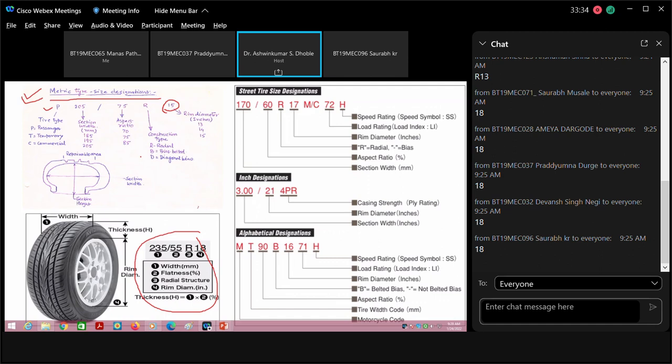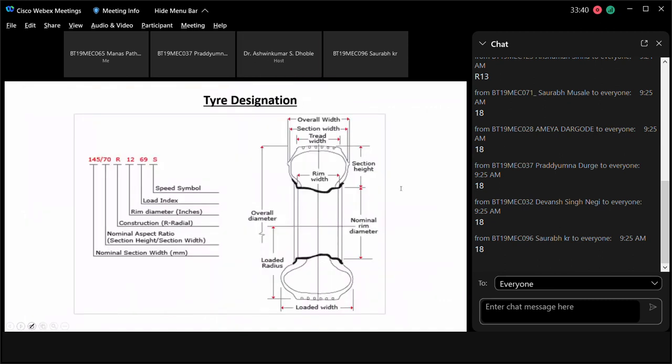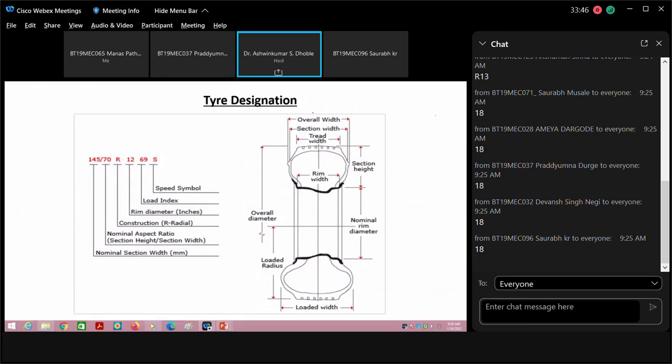Okay. Now next is this symbol again. Here all the dimensions are shown: section width, section height, and this is